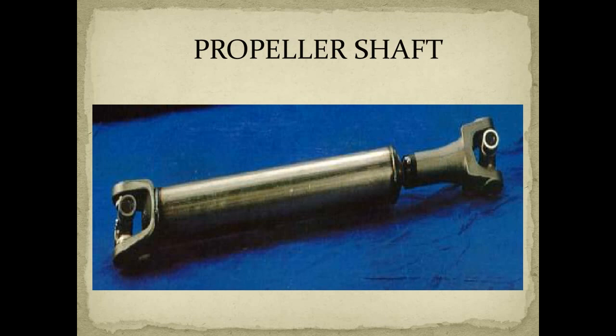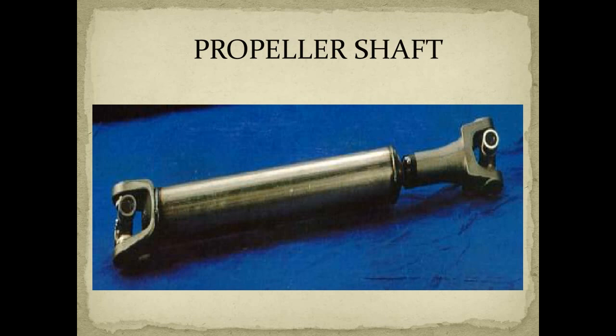Along with that, the shaft experiences the torsion load also, which it has to withstand. To reduce this bending stress and the torsion loads, the propeller shaft should be made tubular and should be perfectly balanced. One or two universal joints are used to permit variation in the angle of drive.